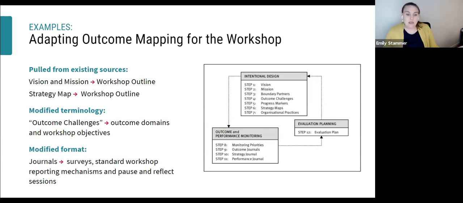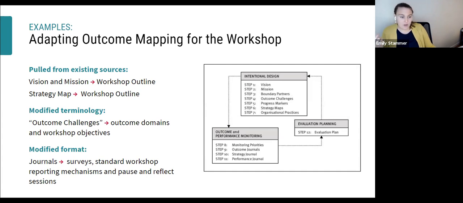Outcome mapping suggests a variety of different types of journals to document internal and external progress, as well as performance and adaptive learning. So for the outcome journals, which attempt to measure progress achieved by participants, like your experiences as we go through the sessions, what you've learned, all of that, we'll use the survey at the end to get a better understanding. Strategy journals are supposed to focus more on internal progress, which are like outputs, sessions held, participants attending, all that, which we'll get from sort of the standard metrics that we collect